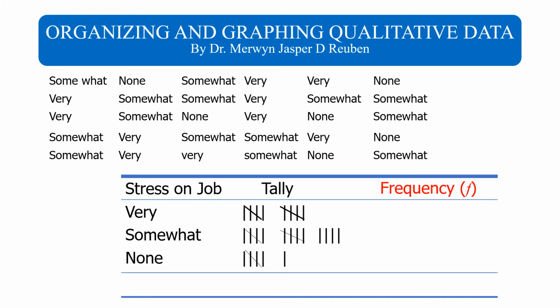Next in the table I give a heading, frequency. Now under the frequency for each category I write down the frequency value by counting the number of sets in the tally. Below the table I write the sum of the frequencies. Why do we need to do this tally? This is a very small problem with a few data values, so we can even count and write. But if the problem is very large, it will always be confusing and we will make some silly errors. So to avoid this, we do the tally.